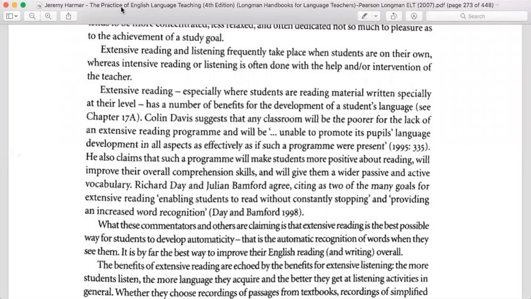Again, I repeat that extensive listening is just suggesting and recommending students something to listen to according to their level. That is why, while I have asked you to do your assignment, you need to mention the level of the students that you are teaching, because at every level, beginners, intermediate, advanced, the activities would vary. You cannot go with similar activities for all the students.